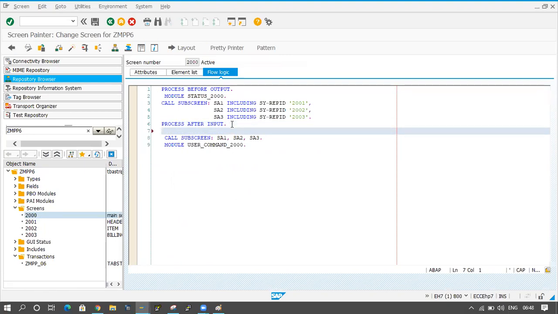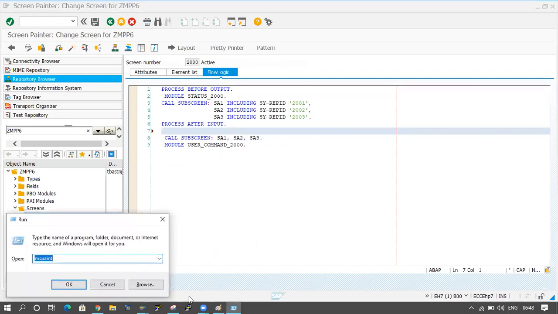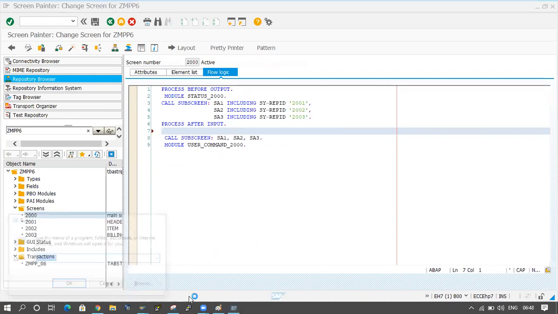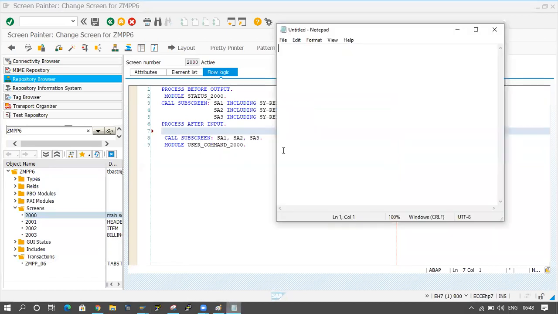Okay, now I have some restriction here. For the sales document number equal to, you have to pass something, 4 or 5 input fields. I will show you.